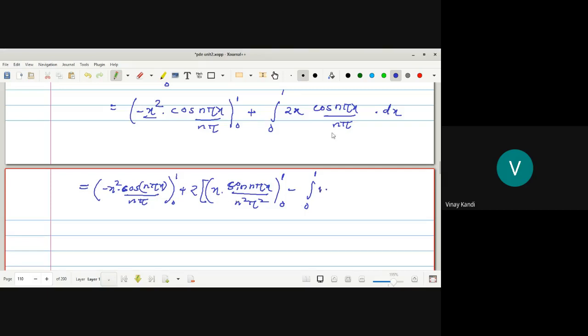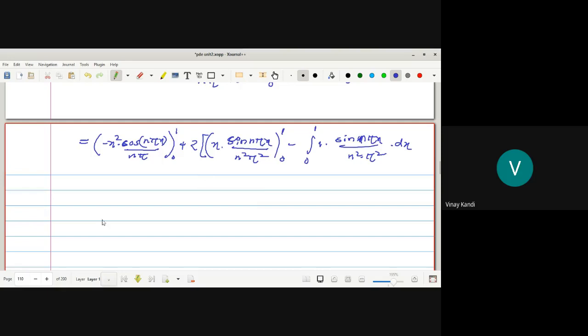Integration of this one, cos term से sin n pi x divided by n square pi square dx. Okay, so bracket complete, which is equal to minus x square into cos n pi x divided by n pi, limit 0 to 1 plus, okay, 2 into